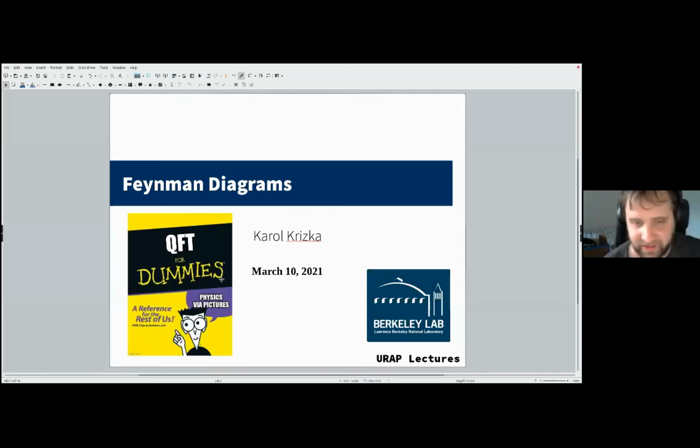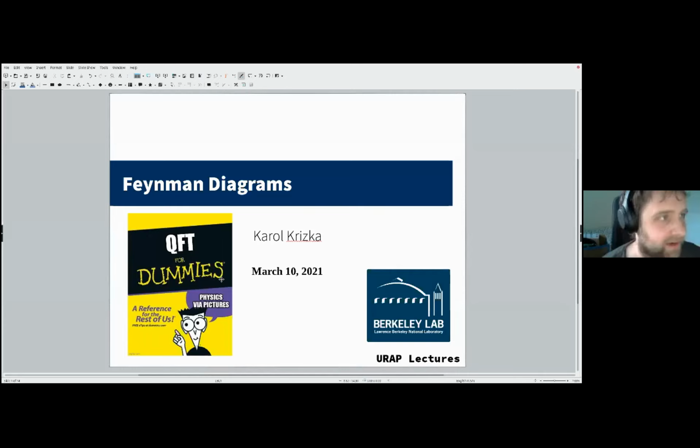Yeah, so as Shangyan said, I'm going to give a very brief introduction to Feynman diagrams. Feynman diagrams are a very nice way to represent the very complicated calculations that you get from quantum field theory that we use to make predictions about events that we see at collider experiments. And it's really a nice tool because it allows you to